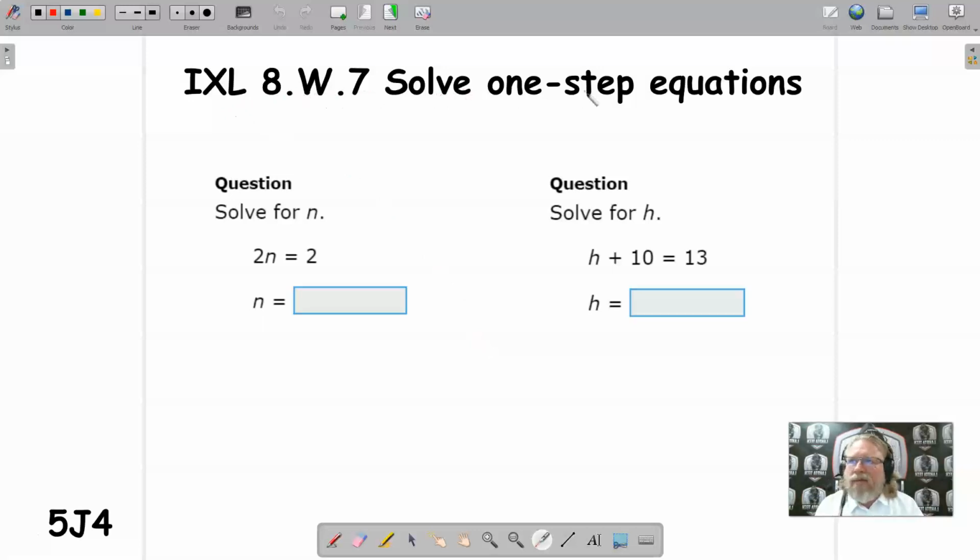8.W.7, solve one-step equations. Its three-character code is 5 Juliet 4. So we've done one-step equations with addition and subtraction, and then we did one-step equations with multiplication and division, and now we're going to be just doing one-step equations. This means that we are going to find multiplication and division and also addition and subtraction in our problems today